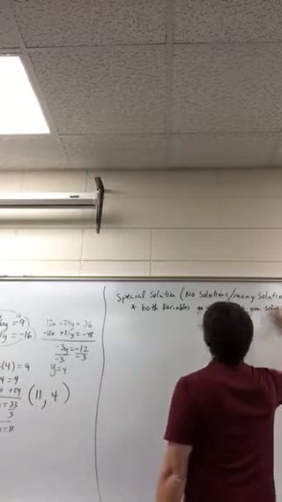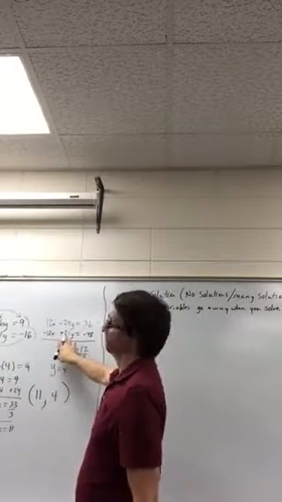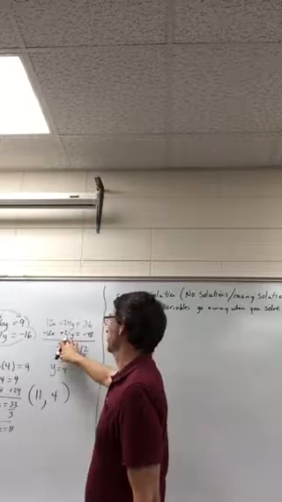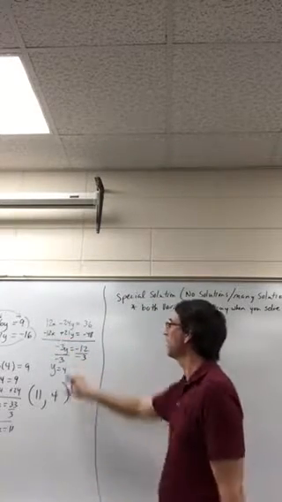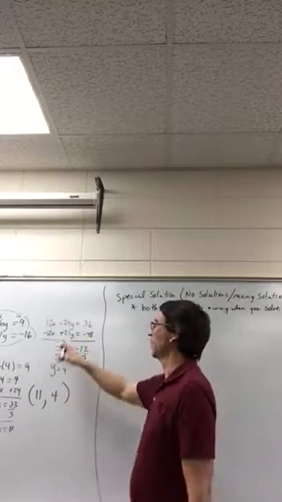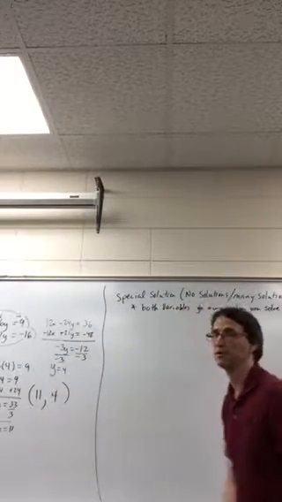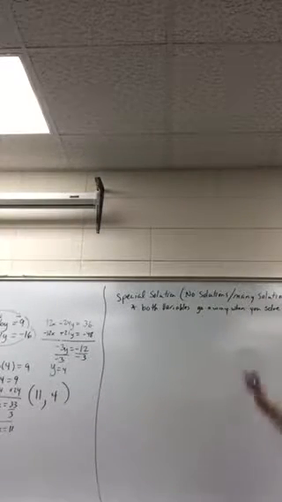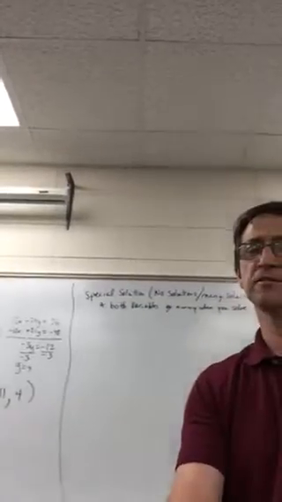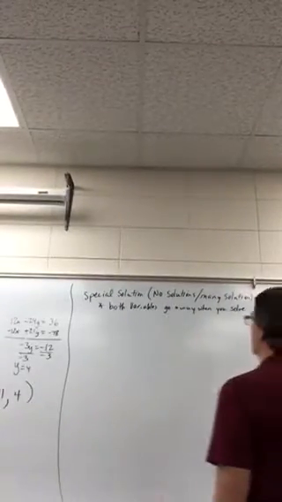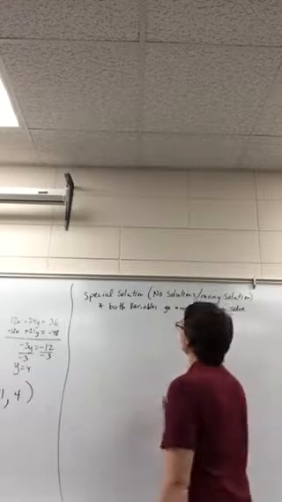In other words, when I'm solving and I do this adding down, if this were a no solution or many solution, what would happen is I would have had a positive 24 here. So when I add down, the x's go away because they cancel each other out. The y's then would also cancel each other out. And by having that happen for both, what happens then for our answer is we get one of the special solutions. So if they both go away, you can either have a no solution